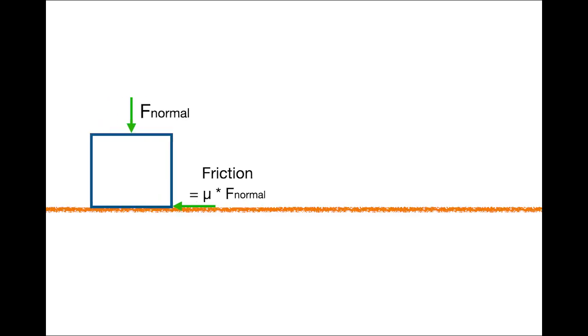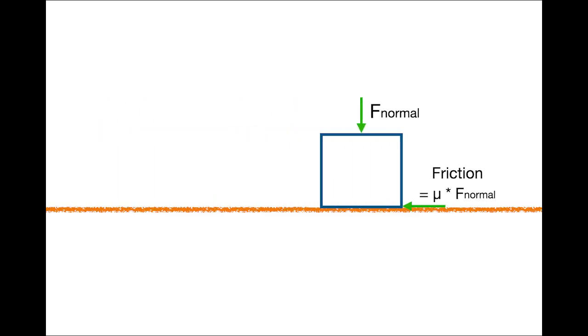I would say there are majorly two factors at play. One of them is friction. Let's say you just had a block moving on a surface. The surface would exert a force of friction on this block. And this friction force is given by something known as mu, the coefficient of friction, multiplied by the normal force. Table tennis rubbers with the table tennis ball have some of the highest known coefficients of friction.